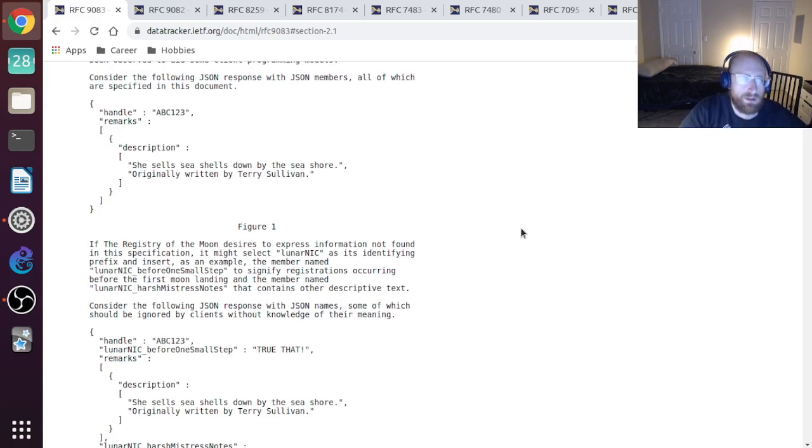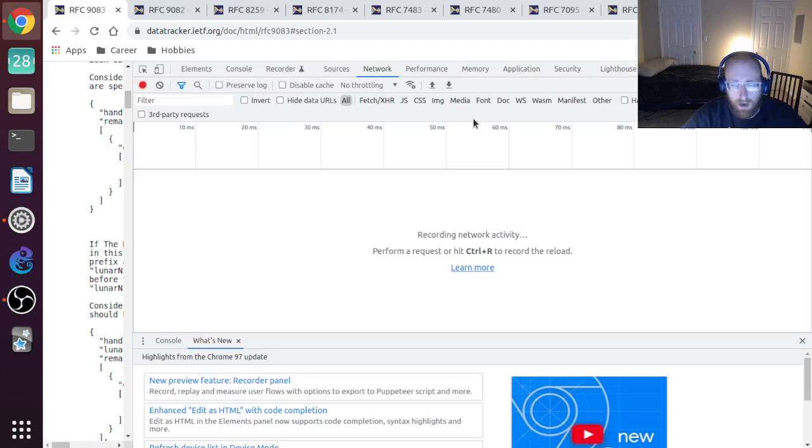Consider the following JSON response with JSON members, all of which are specified in this document. And we can see a real-world example of JSON, because this is the Wild Networking series where we look at network engineering in the real world, by hitting F12. That should work for most browsers, so if you're watching this, I urge you to hit F12 and get really comfortable with this interface, because this will teach you so much about